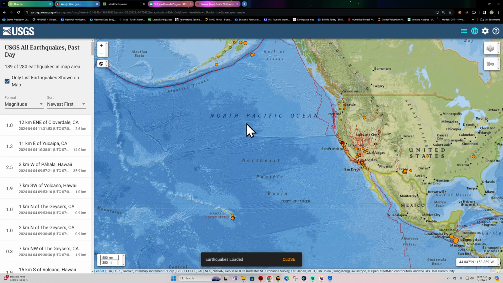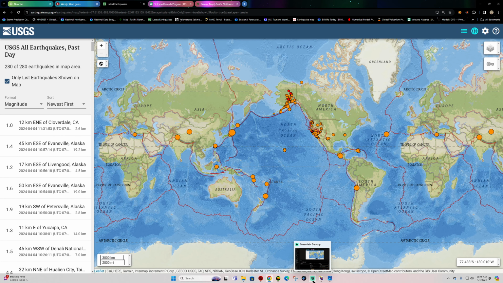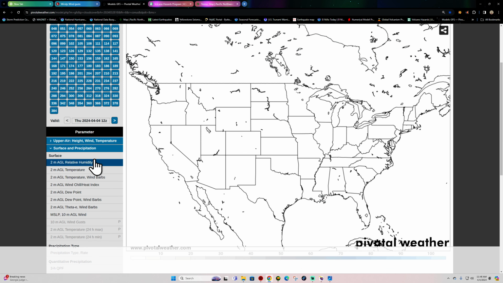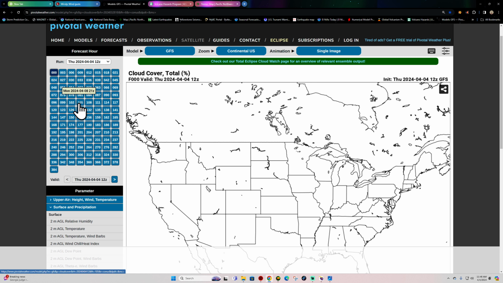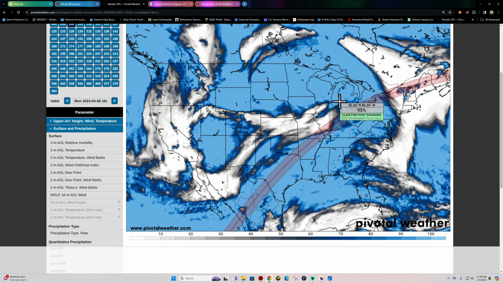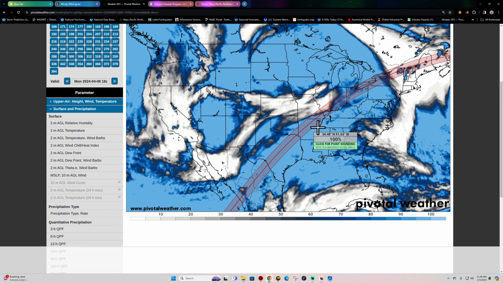All right, folks, I'll catch you guys back out here a little bit later on this afternoon. It's just a waiting game with this potential eclipse on Monday. The question is, which model is accurate? Which one's going to be the more accurate model? All of them are showing some type of system going on. A little bit more clouds than the others on certain models.